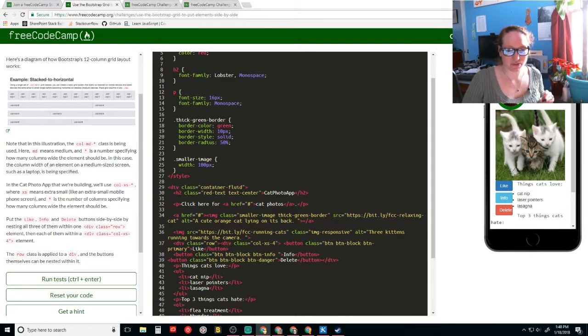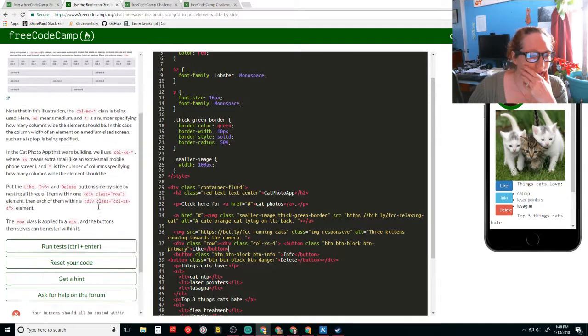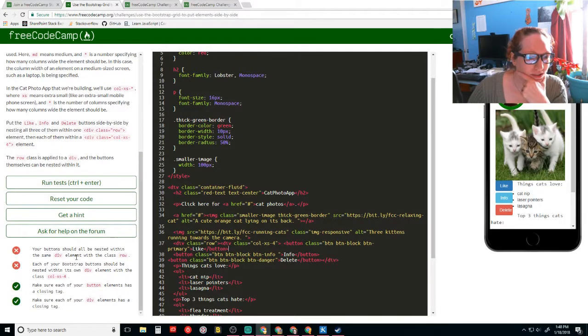Alright, so we have to put this one in front of each one. And that means each one gets a div at the end as well to close off the one that's open here. And this div at the end closes the very one at the beginning with class row. They don't want it all to be on the side, I don't think. They should be nested within the same div element with the class row.